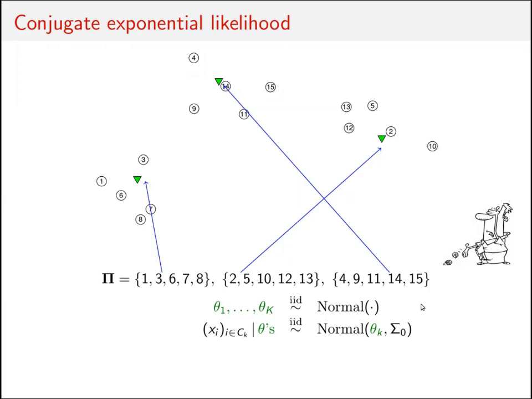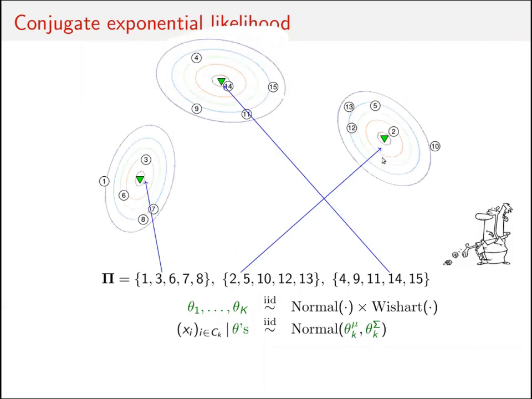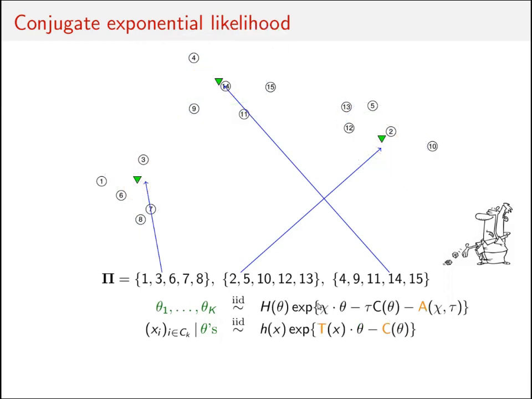A natural extension of the initial model is, okay, firstly, instead of assuming that within every cluster the covariance structure is the same, we can say that we also sampled the covariance within every cluster from a Wishart distribution. And more generally, we can consider a model where the distributions on the component parameters and the distributions of observations within components are both coming from conjugate exponential families.